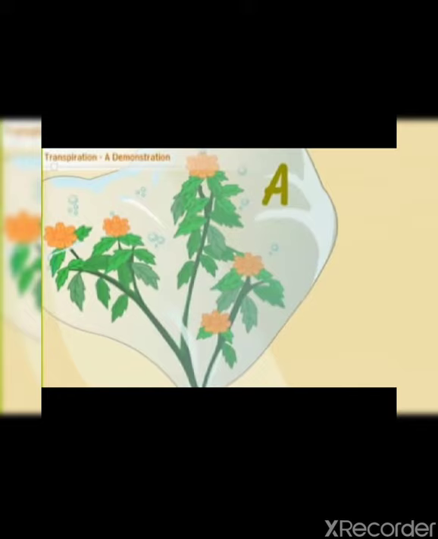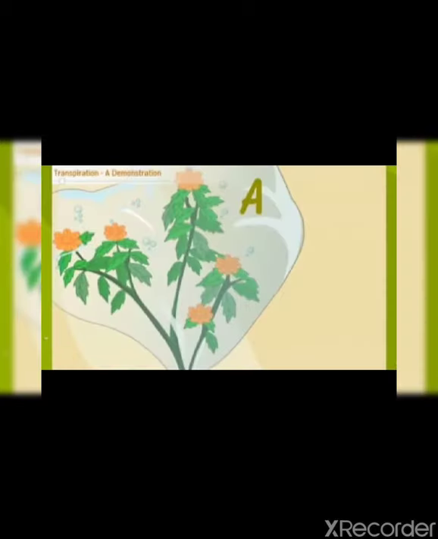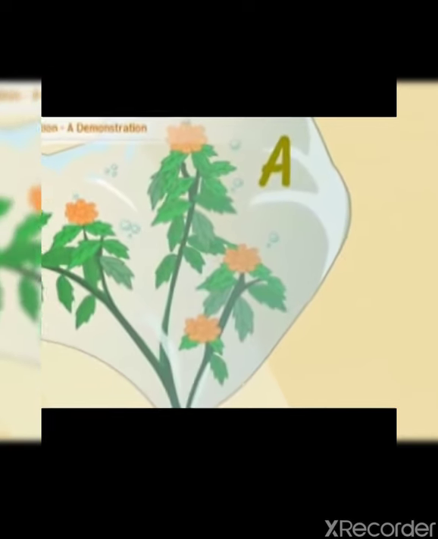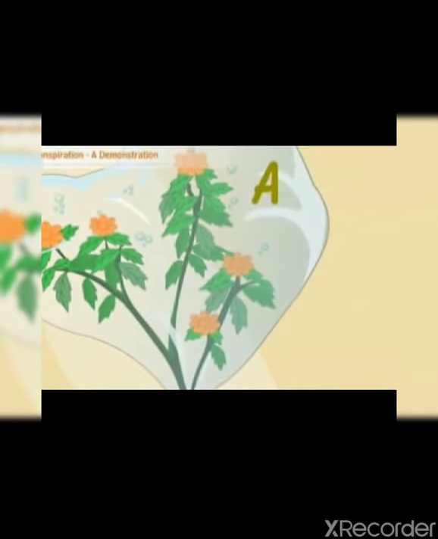Drops of water will appear on the inner side of polythene bag A. The polythene bag B will not show any water drops in it. The leaves give up water vapor, and due to condensation of the water vapor, tiny drops of water are collected. The water vapors condense only if the outside temperature is cool enough. Clear class? So this experiment shows that plants give out water to the atmosphere through transpiration.